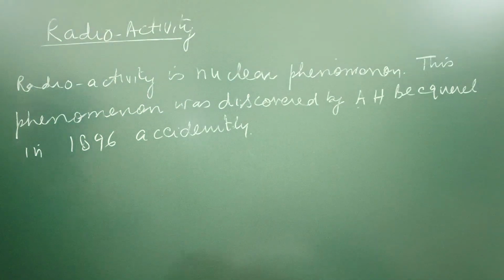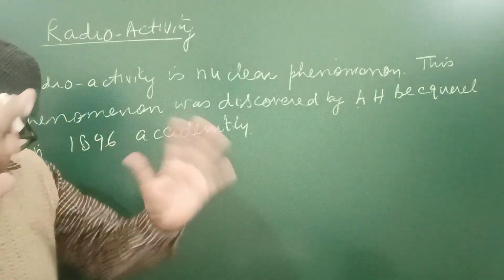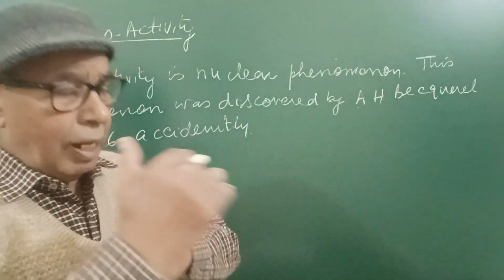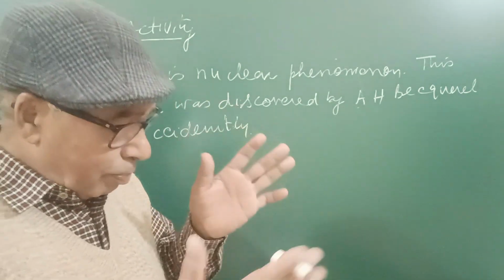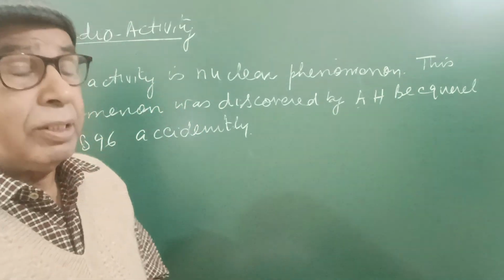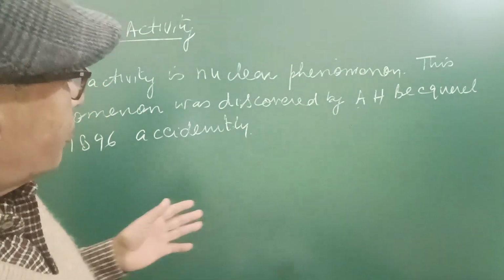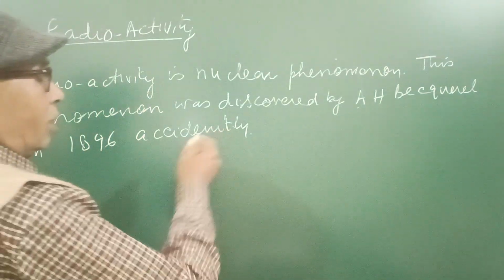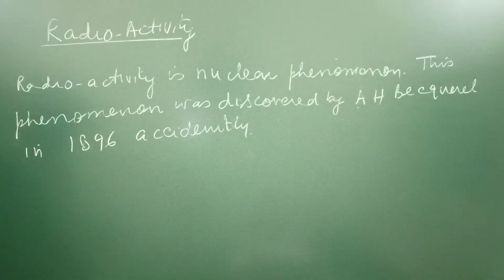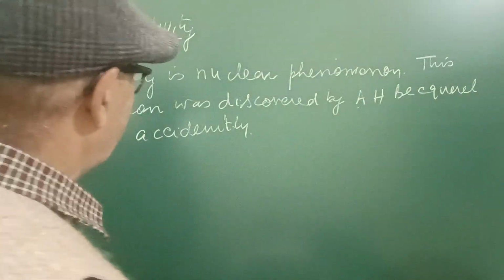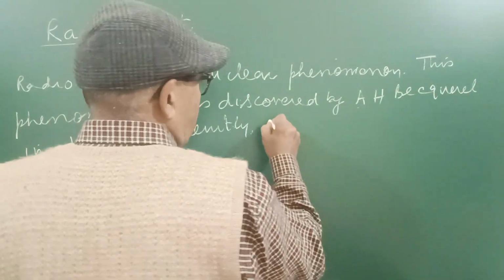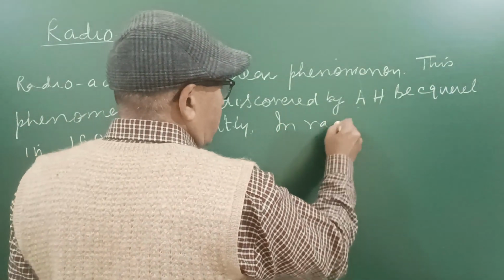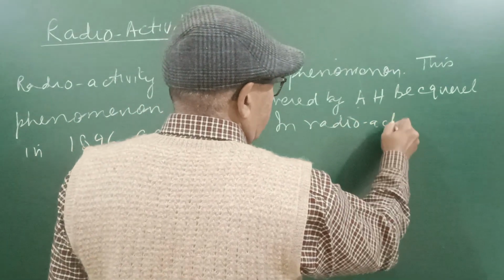He had some salt of uranium. He placed that salt of uranium well wrapped in cloth and aluminum sheet, and he also had a photograph plate wrapped well. But after some time he noticed that when the photograph plate was developed, there were dark lines, dark spots in the line. So that way he discovered this accidentally. Now what is this phenomenon in radioactivity? This is important to learn.